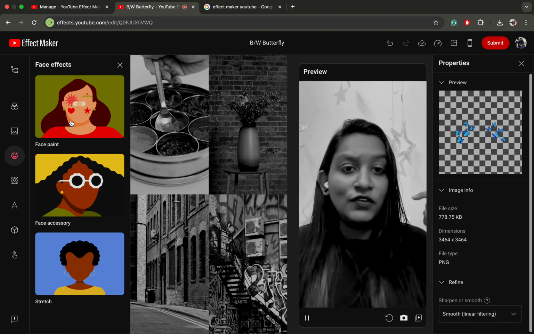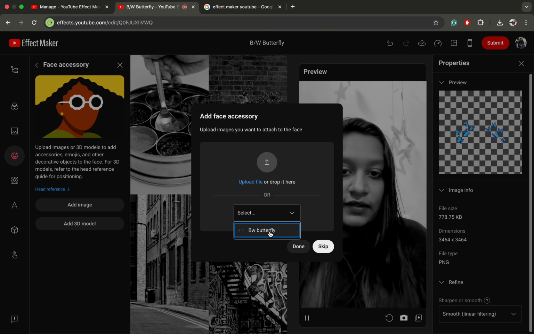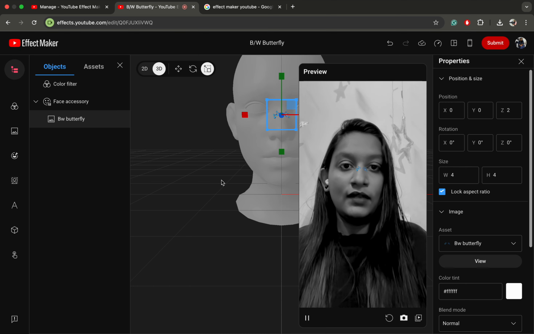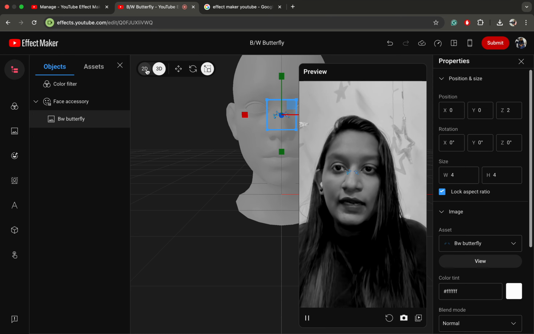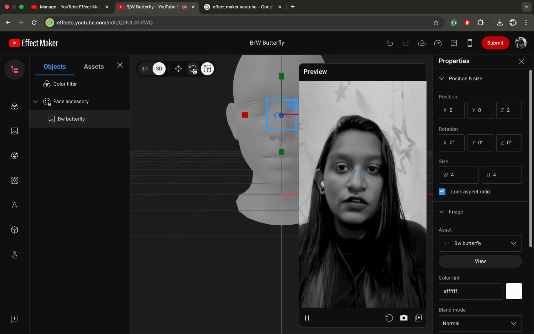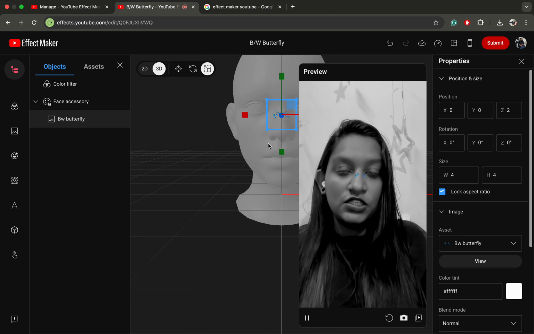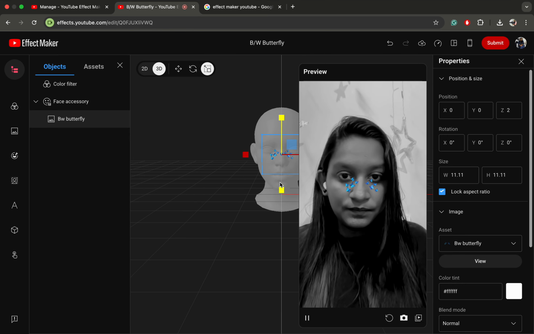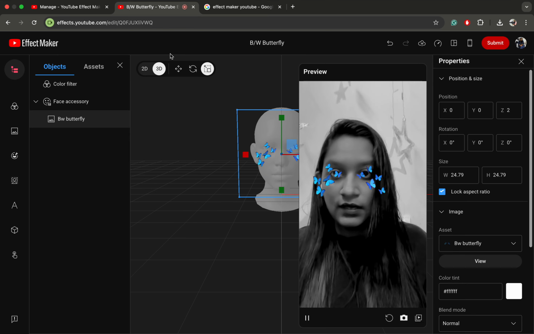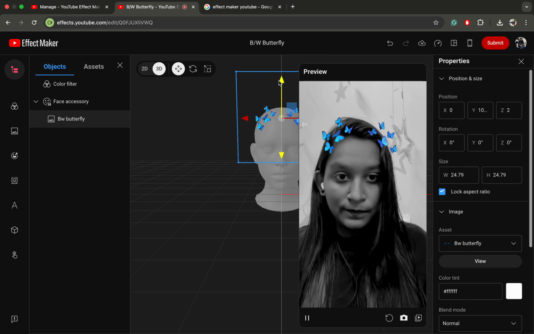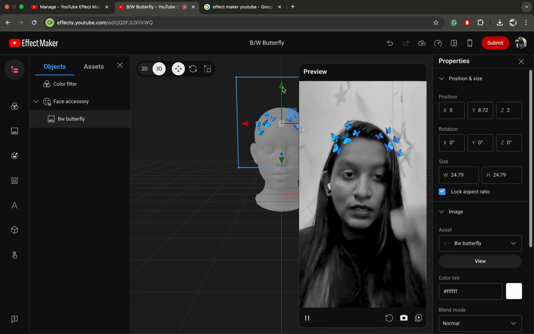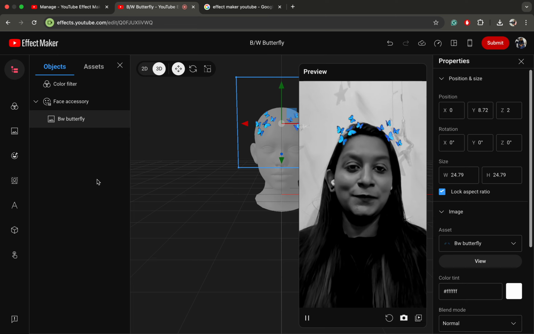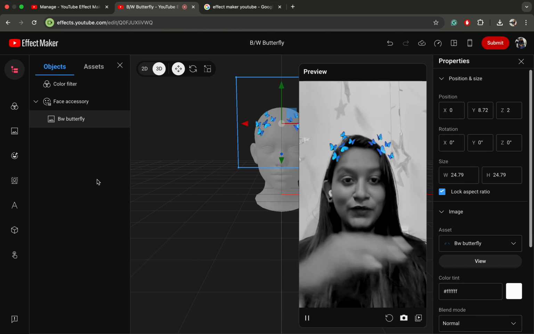Now you can add a 3D model or you can add an image. I will click on add an image. Now, since we already imported the image, I will select that image, and this is how it will come. And you have here the different options: add it in 2D, add it in 3D. You have size, you have rotation, and also you have the positioning. So I will increase the size and I'll move it a little up, and okay, a little bit down. Okay, so that is how simple it is, and the effect is ready, and you can use it.